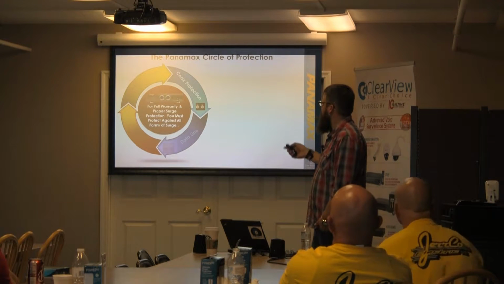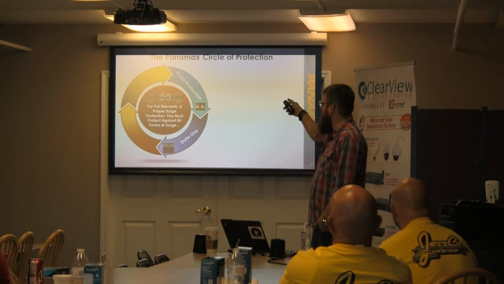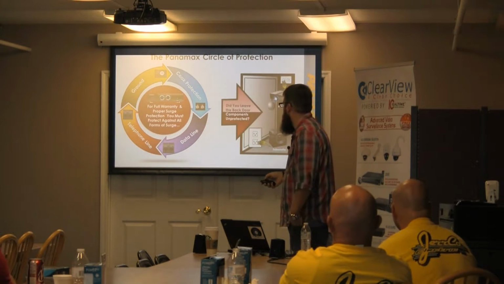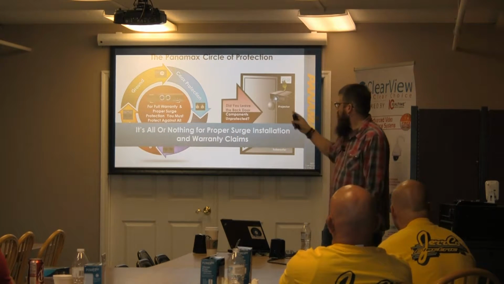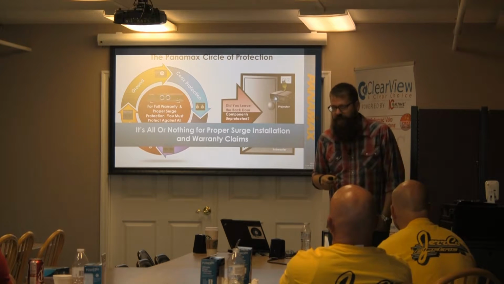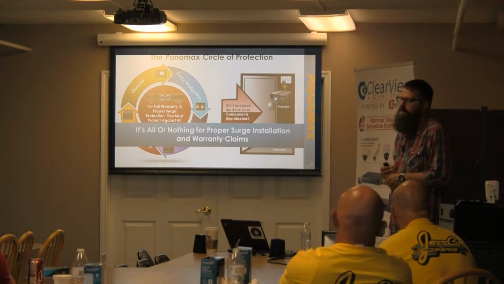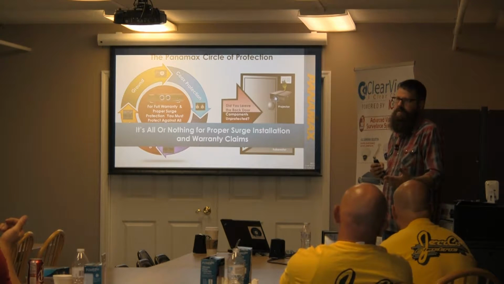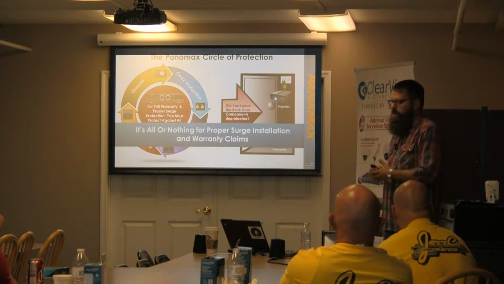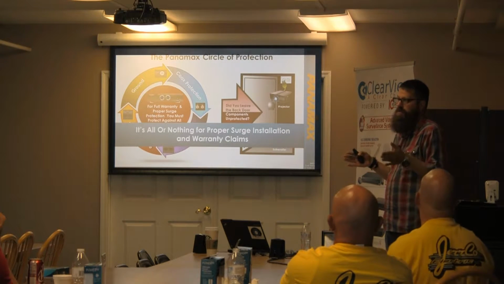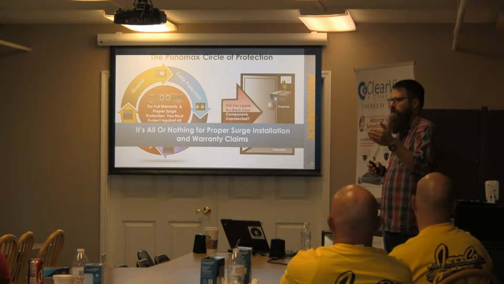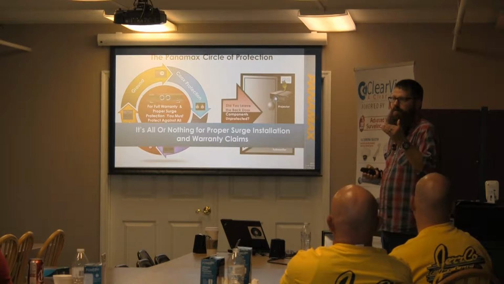However, the catch to this is our circle protection. So coax, data, telephone, and ground. It's all or nothing for our warranty claims. Basically how our warranty claims work, if your client calls you up and says, hey man, I got a lightning strike the other day, both my panels are shot, you'd call Panamax, and Panamax will just ask you for a quick drawing of how stuff is hooked up. Submit that in, and then they want the amount and the receipt of the cost of the equipment,